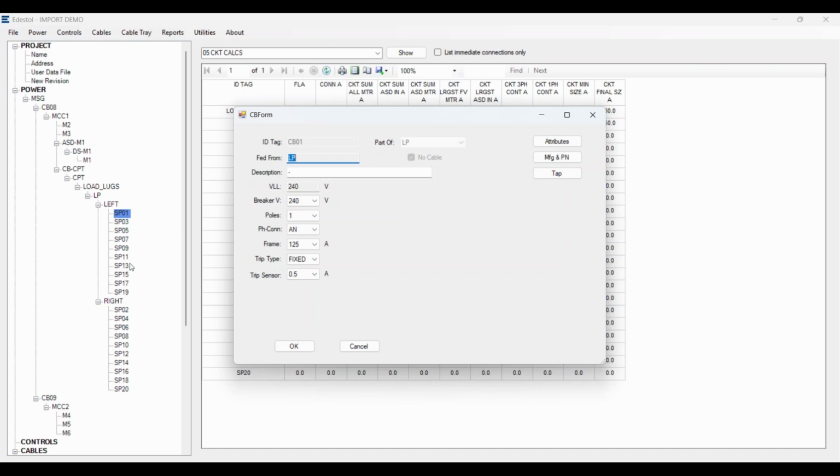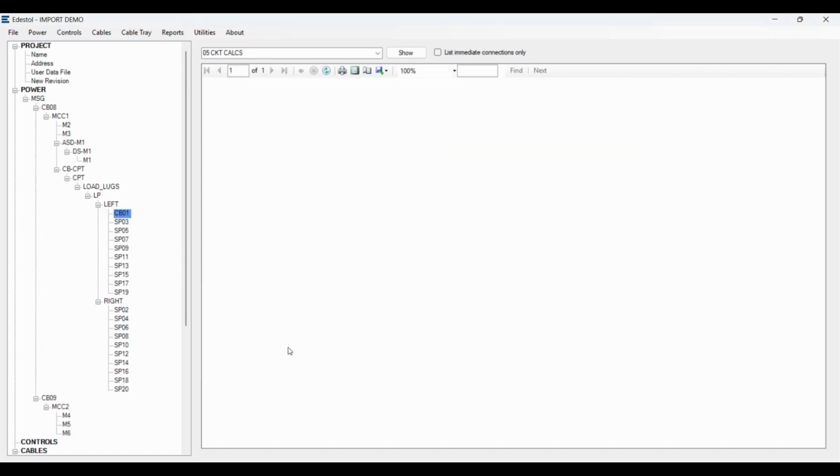For the left side, it would be odd numbers. For the right side, it would be even numbers, and that pretty much matches existing convention. So rather than giving your circuit breaker for a distribution panel a number, we actually just assign it a number. It's going into space 1, so it's going to be CB01. So basically, we're just going to pick a 20 amp breaker, okay, for this is going to feed our